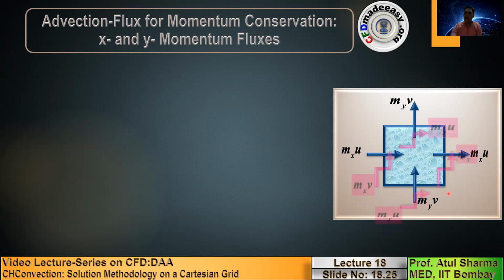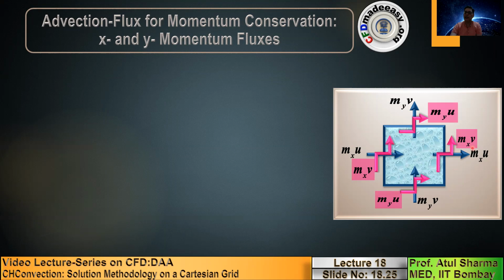Analogously here, if both mass fluxes and velocities are in the same direction, that has been represented by straight arrows, and analogous to shear stress, when the mass flux and the velocities are in orthogonal directions, which are shown by these pink zigzag arrows, you can see here mx is in the horizontal, v is in the vertical direction, my is in the vertical direction, and u is in the horizontal direction. It is expressed in zigzag arrows. Note that this mass flux is a driver and the u velocity is like a passenger in the transport process.